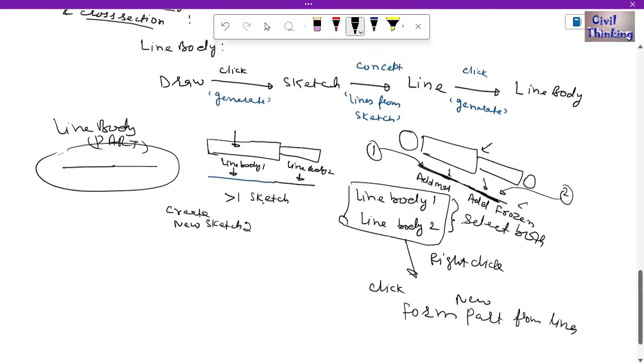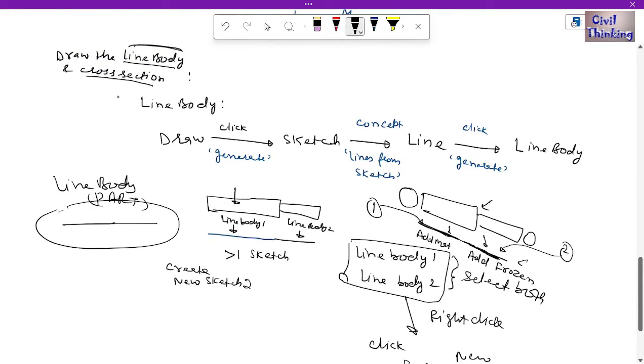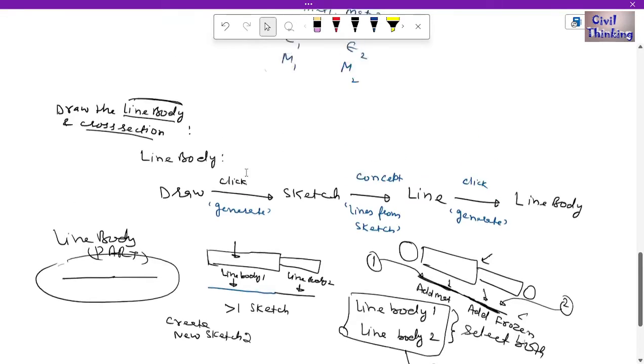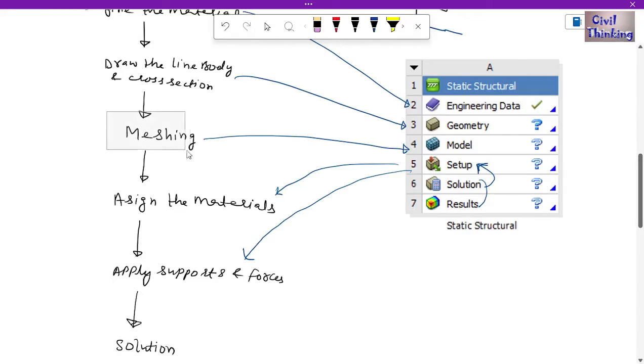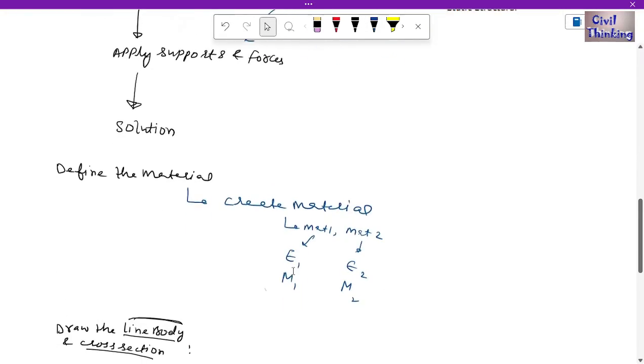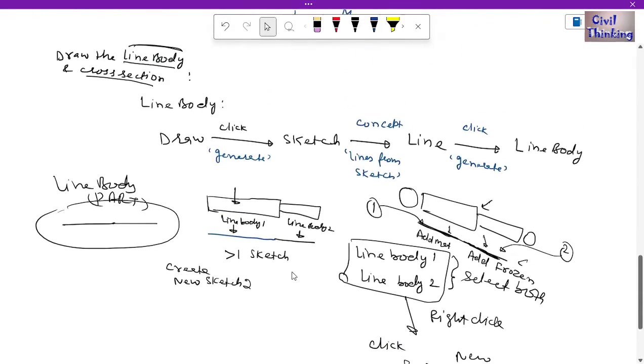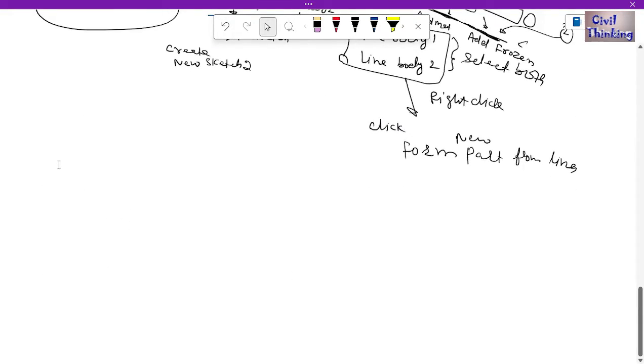Anyways, now we have drawn the line body and the cross section, where we have done this step, right? Now we have meshing. I told you you can do the meshing in Model. You have to double click on this model icon, and it will open a new program. Then in the meshing, let me write it here. In the meshing, what you have to do,